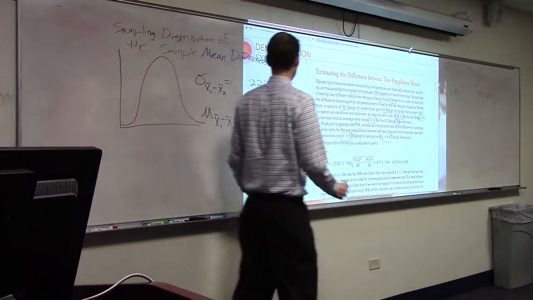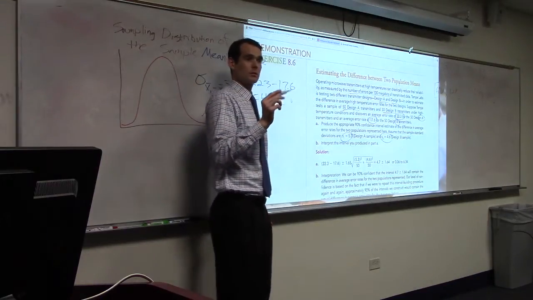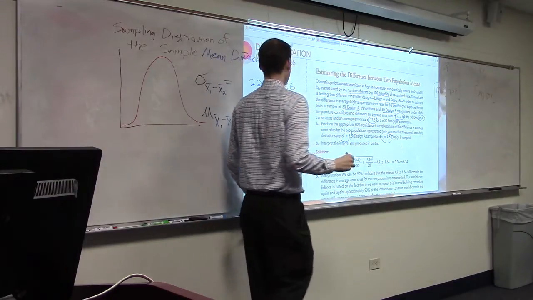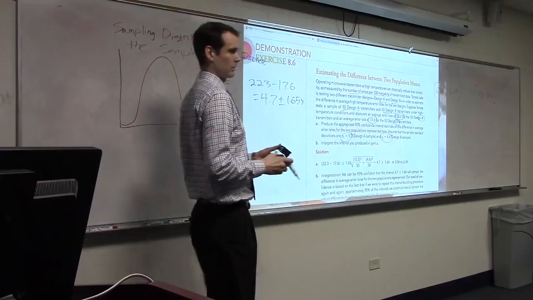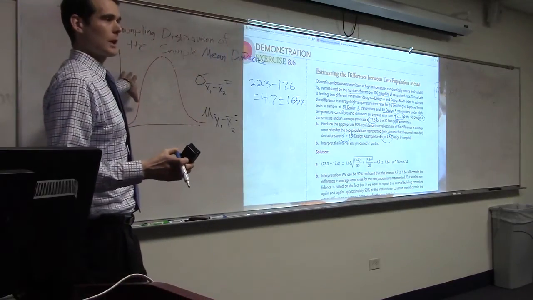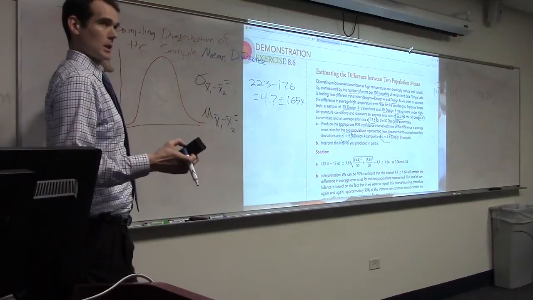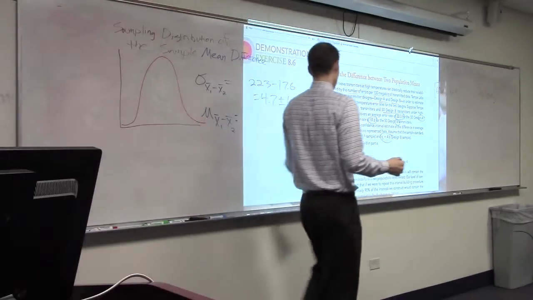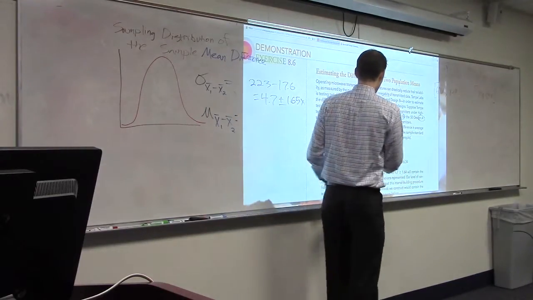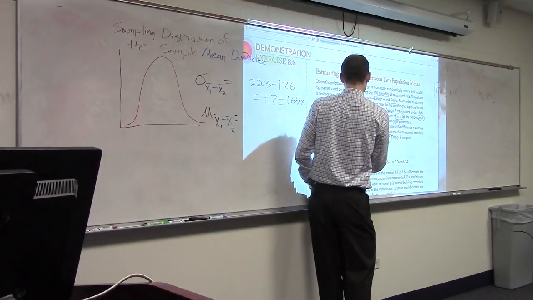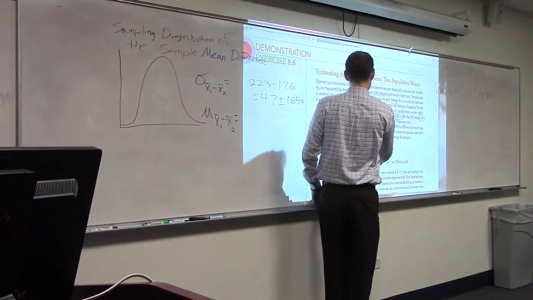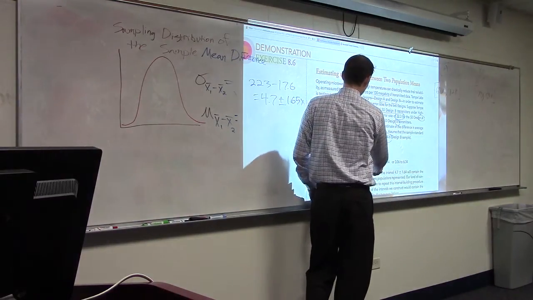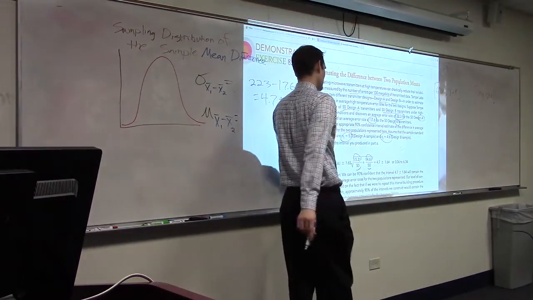90%. Okay, so what do we need for our Z value at 90% confident? 1.65. 1.65 times, alright, we need a standard error, also known as the standard deviation of the sampling distribution of the sample mean difference. Alright, and we've got to calculate that this way. 3.5 is the sample standard deviation of population 1. 4.6 is the sample standard deviation of population 2. Square both of those, divide them by 50, add them together, take the square root,